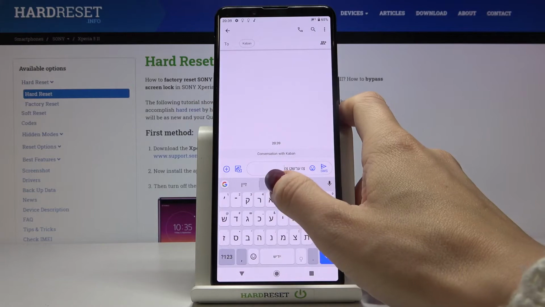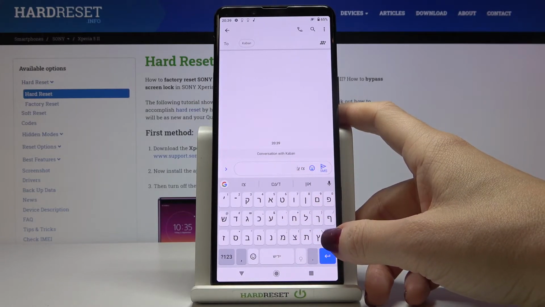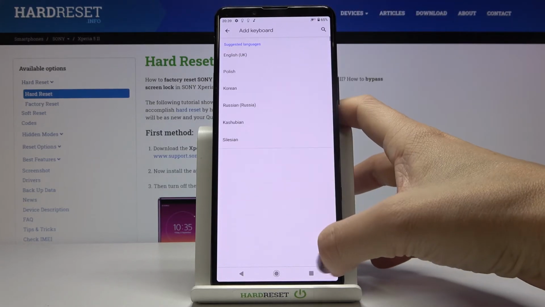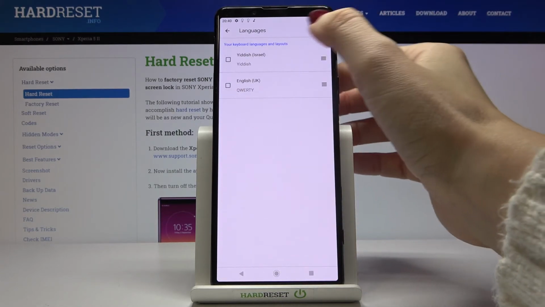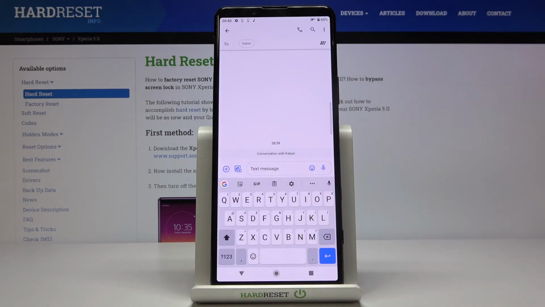And this is it. Now you can smoothly write in Hebrew. When you want to go back to English or maybe change language one more time, you need to perform the same operation. So let's open languages, add keyboard, pick the one that you want to apply, remove the unnecessary one, and that's it. So that would be all. This is how you can change keyboard